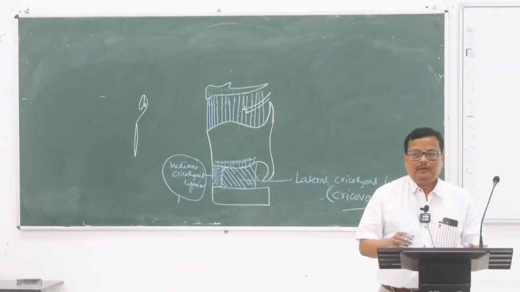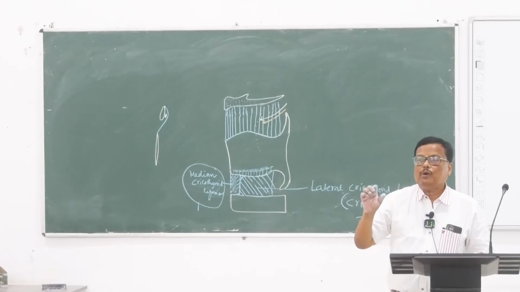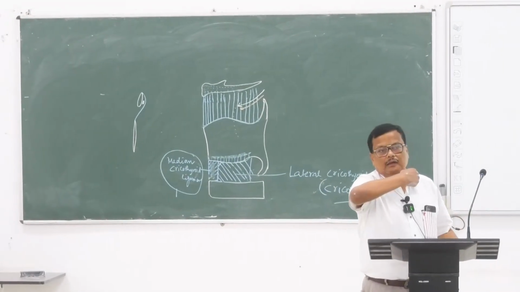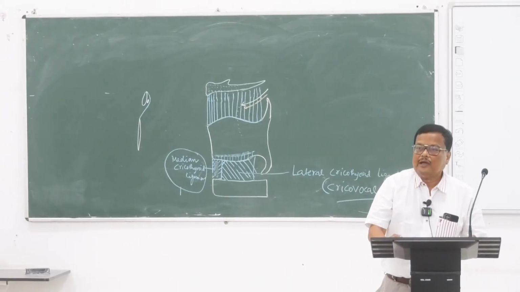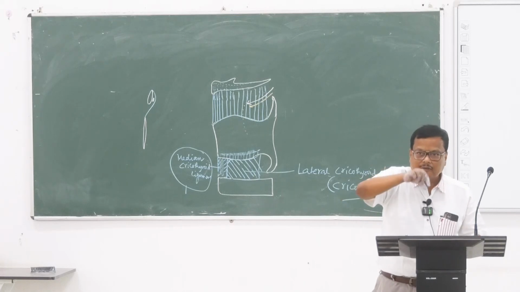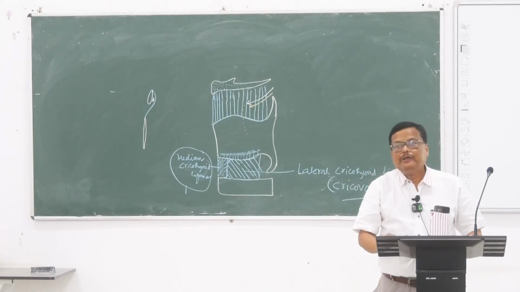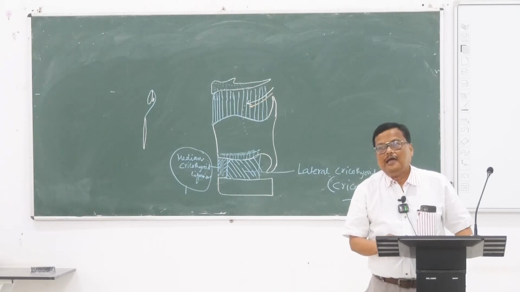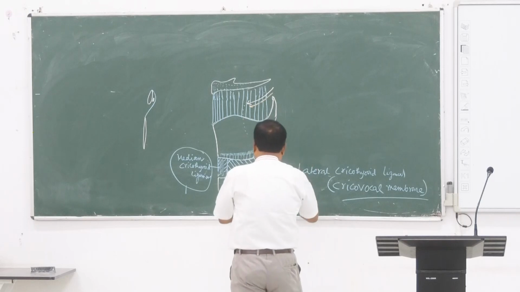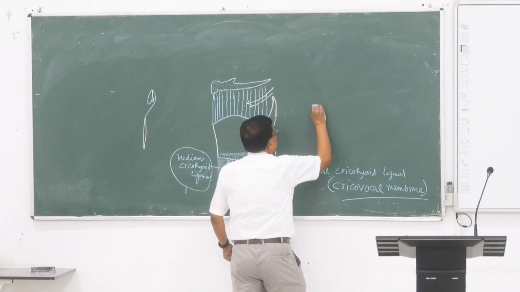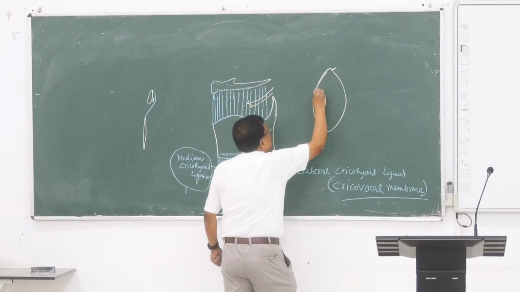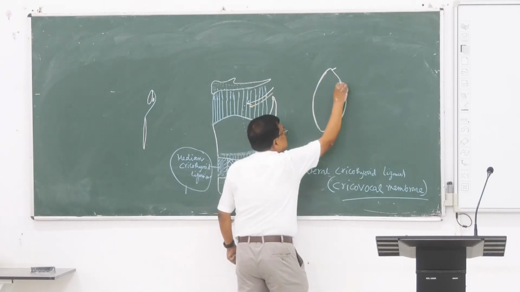Next I move on to the epiglottis. From the names themselves we can tell what type of structure it is. Thyroid comes from a Greek word meaning shield, like a shield. As the thyroid looks like a shield, it is called thyroid. Cricoid means ring. Cricoid is totally ring. And epiglottis means leaf, as it is leaf-like. Epiglottis is very important. It is actually a leaf-like structure. It has got an apex, lateral borders and a base.